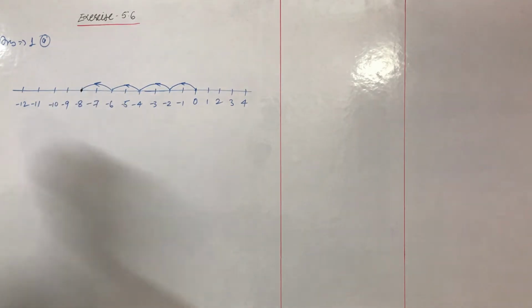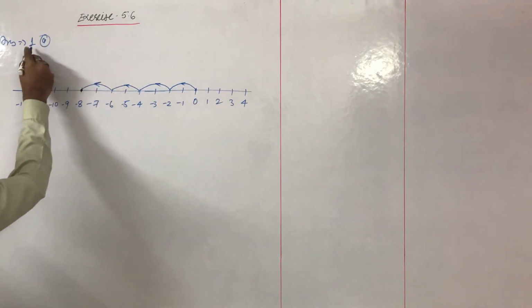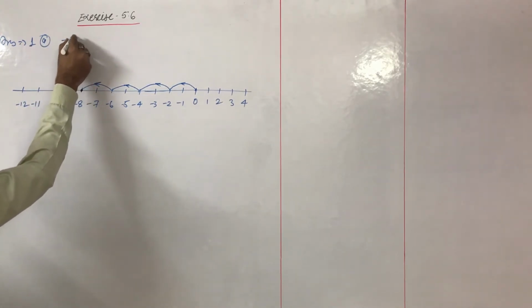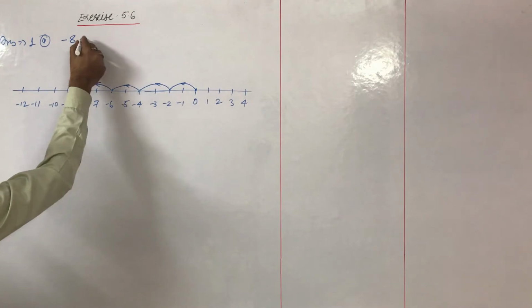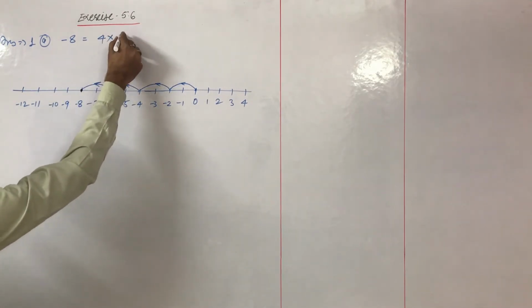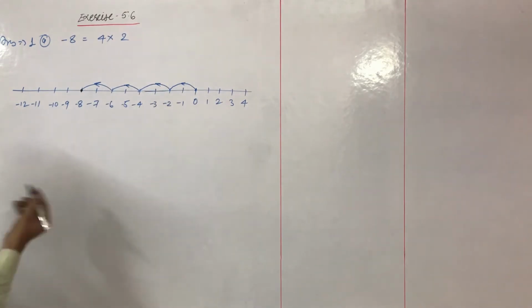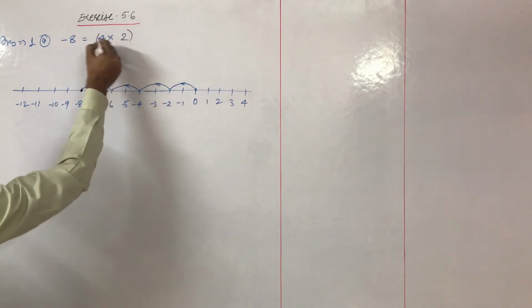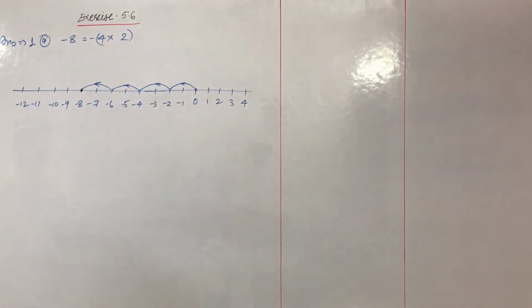So the answer is -8. Answer A is -8. Or simply we can write 4 into 2 in the left direction, so the negative direction,